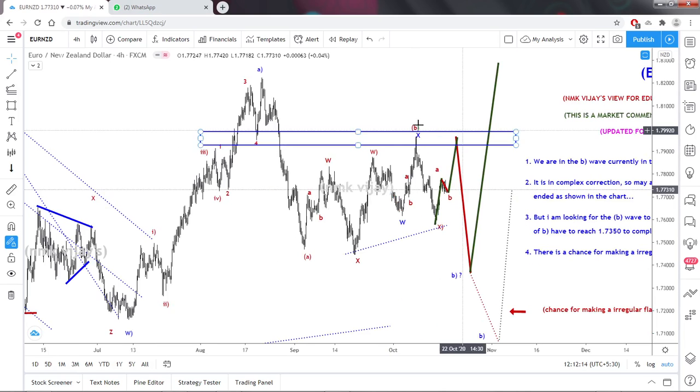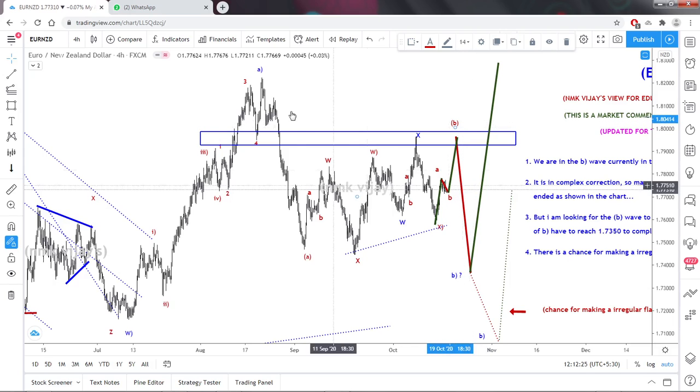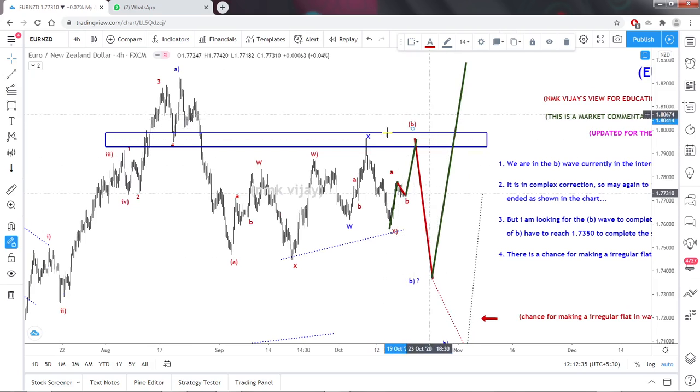For the swing trade, if it breaks this high, it may even get rejection at the 1.80 also. This is the A, this is the B, and this is the C. We don't want to miss this trade, but keep the stop loss perfectly. That is the one you need, because we know the C wave consists of 5 waves.